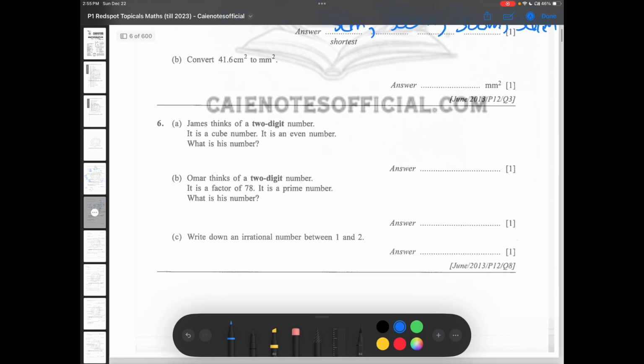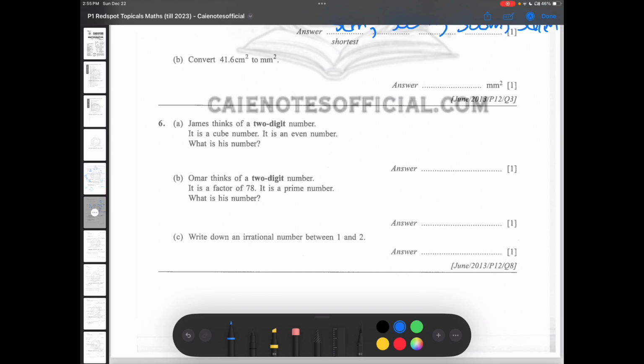Now let's do question number 6. It says Hamish thinks of a two-digit number. It is a cube number. It is an even number. What is his number? We have to find a two-digit number that is a cube number as well as an